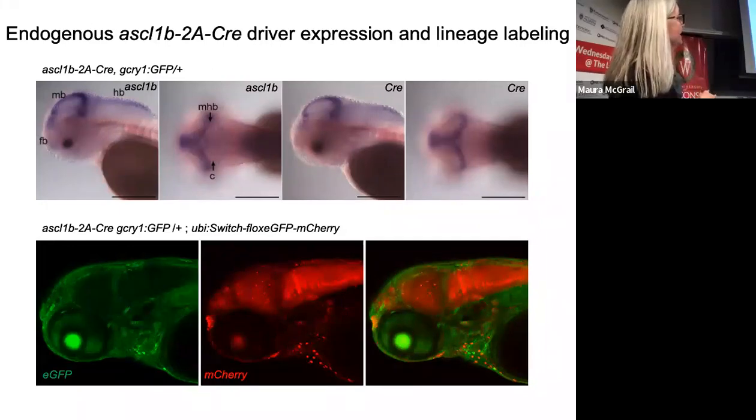So this is the ASC like 1B 2A CRE line. And you can see by in situ hybridization, I believe this is 3 days, that ASC like 1B is expressed in the proliferative zones of the hindbrain and the midbrain and the forebrain. It doesn't show up here, but it is. It's not expressed in the retina, not expressed in the cerebellum,